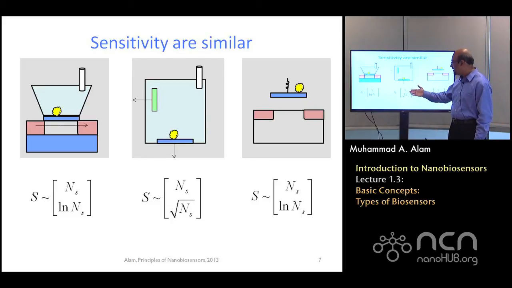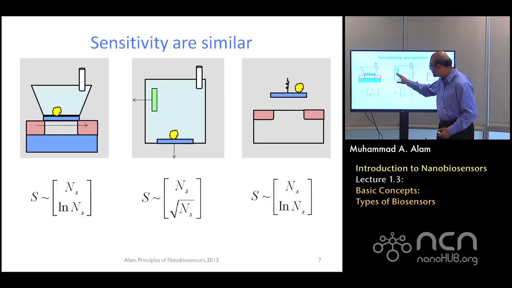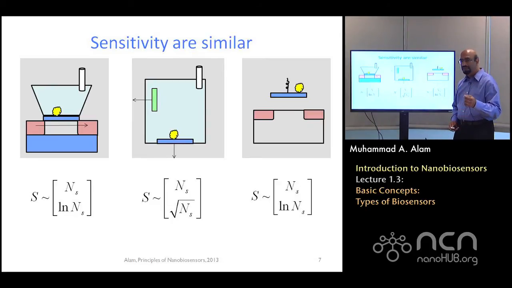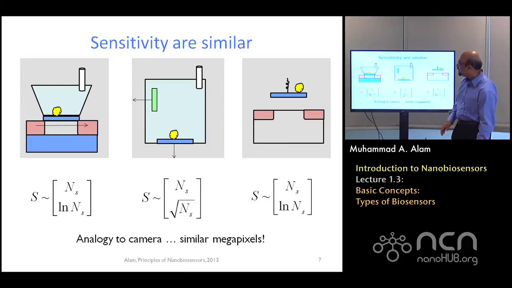For amperometric sensors, it again could be proportional or could be square root dependence. And for the mass, similarly, you can have slightly different sensitivity depending on how you decide to operate the sensor. The bottom line I want to say is that although there are prefactors, depending on the design of the sensor, going from potentiometric to amperometric to cantilever, they have very similar sensitivity.